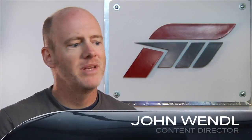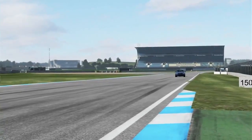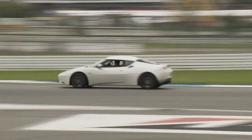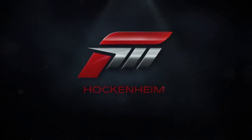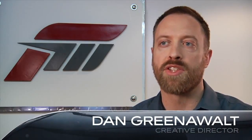Well, with Forza, we want to appeal to a wide range of customers, and people play the game for a lot of different reasons. Real-world tracks are compelling because people want to go out and drive the tracks that they see on TV, and famous race car drivers have driven from all around the world these exotic locations. Hockenheim in particular was a great opportunity for us to get a track in Germany and have some balance across Europe. Hockenheim's a great track. It's been in DTM, it's been in lots of great sports car racing as well as other types of racing